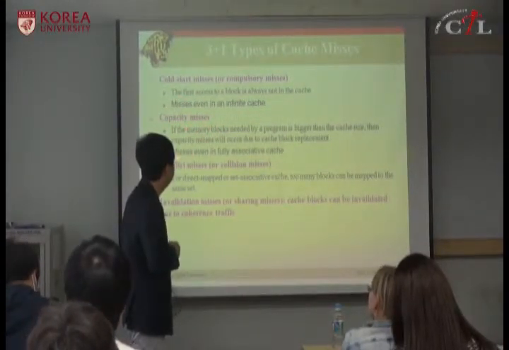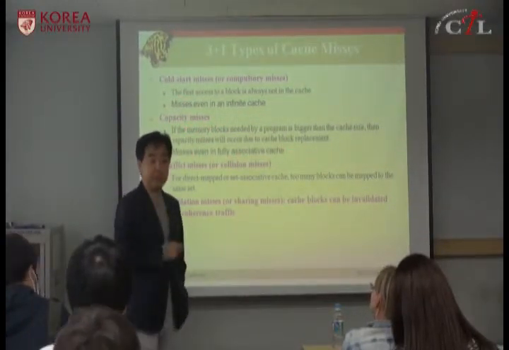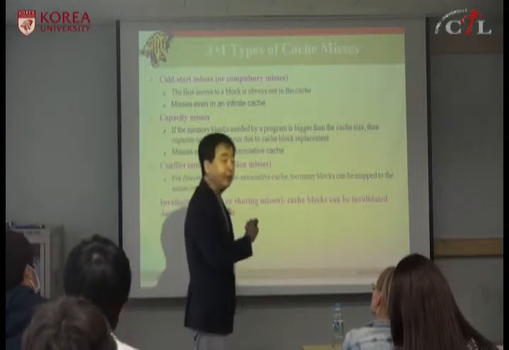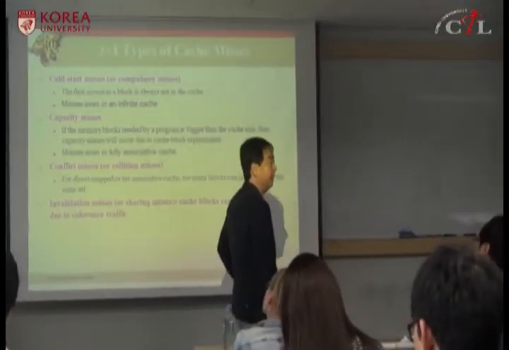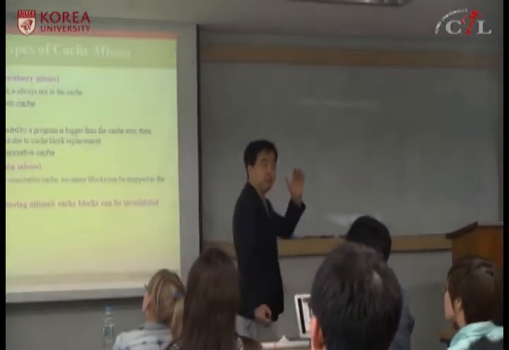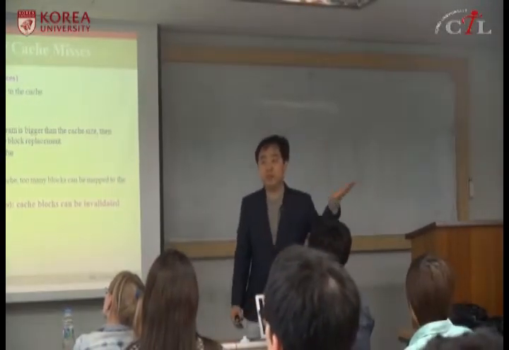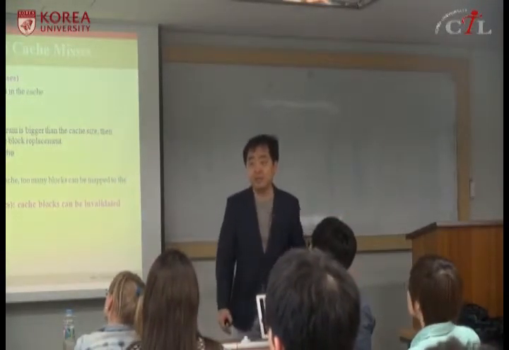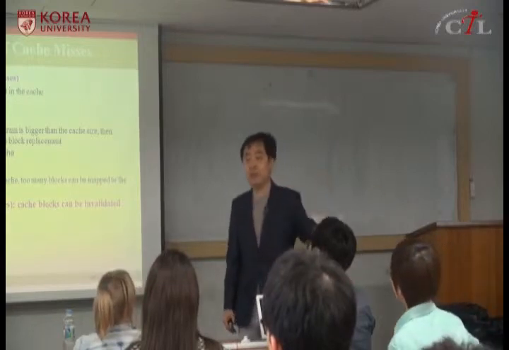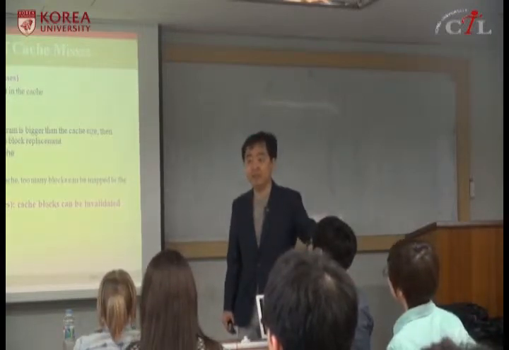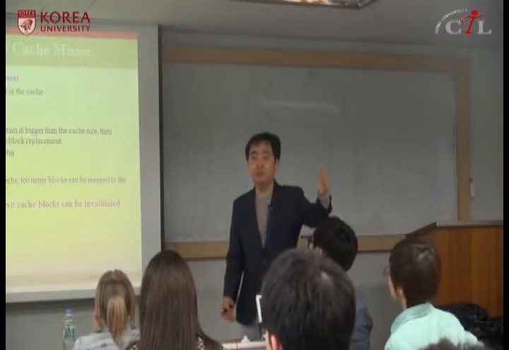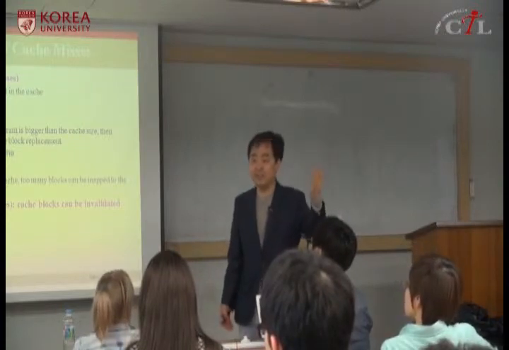So this capacity miss can occur even in a fully associative cache. Right? If you have a 32-bit fully associative cache, as we have studied before, we have 2048 blocks. Once you fill in 2048 cache blocks and a new block comes in, then you have to evict something, right? And if you have 2049 blocks, then it can stay there.